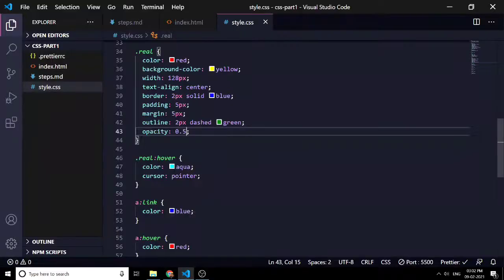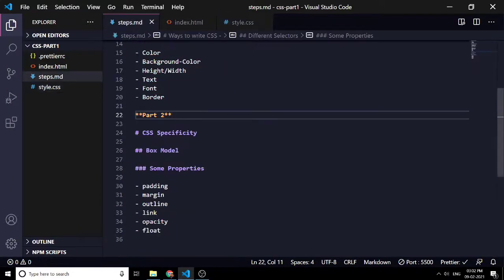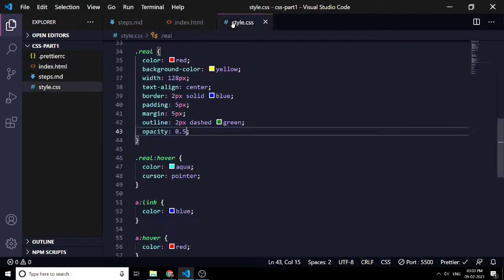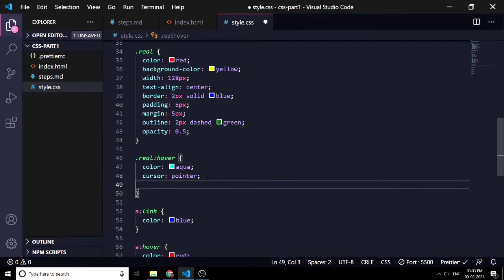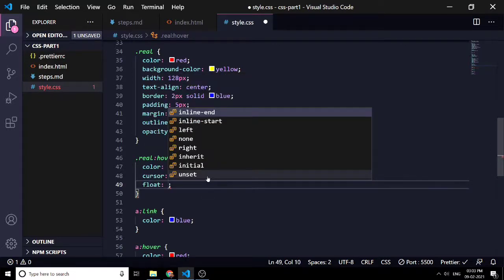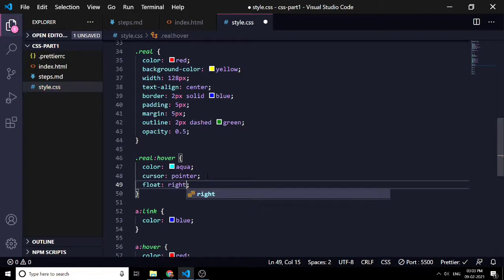So moving forward, the next one is float. The float property is used to move the content around in the page. Let's see first what it does. With the help of float, you can set it to right or left.